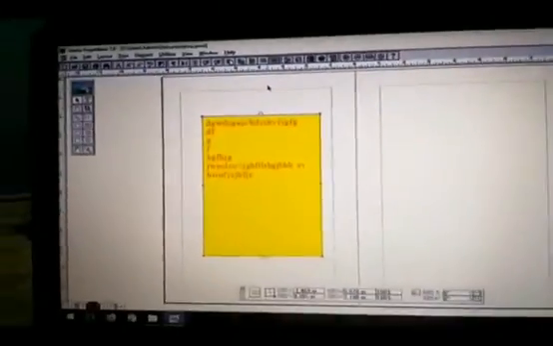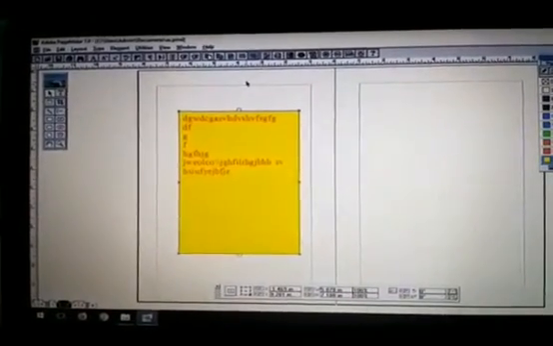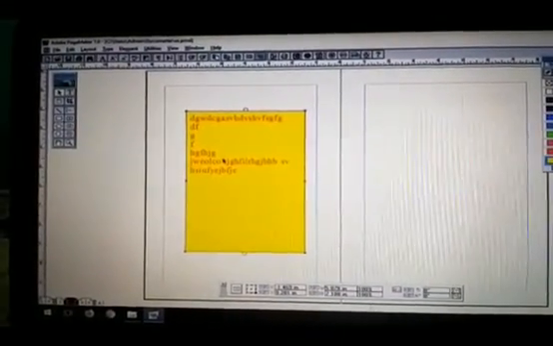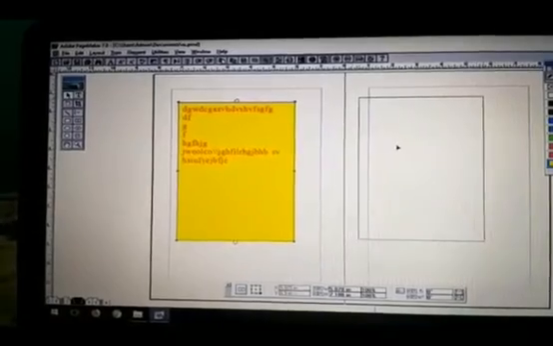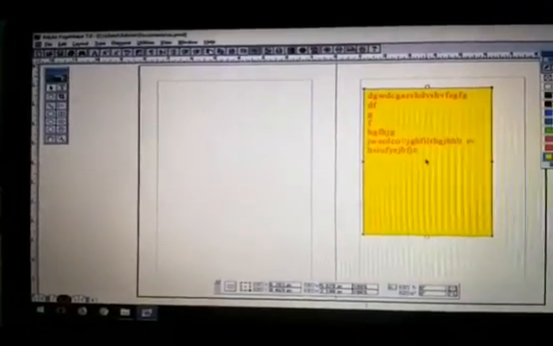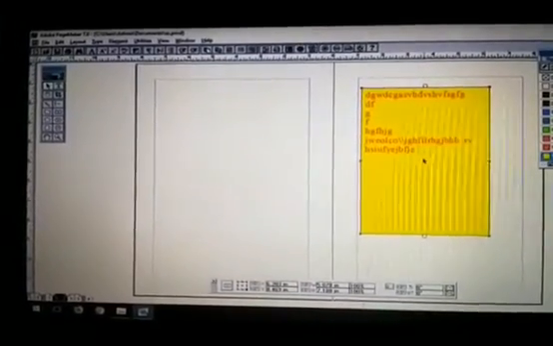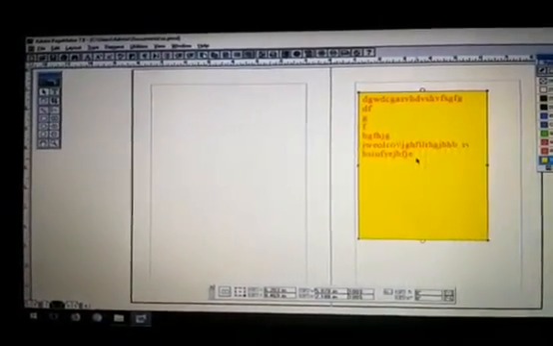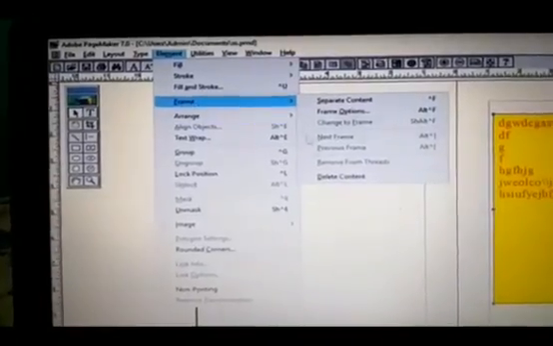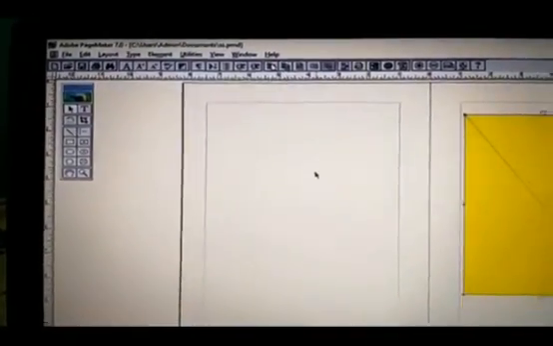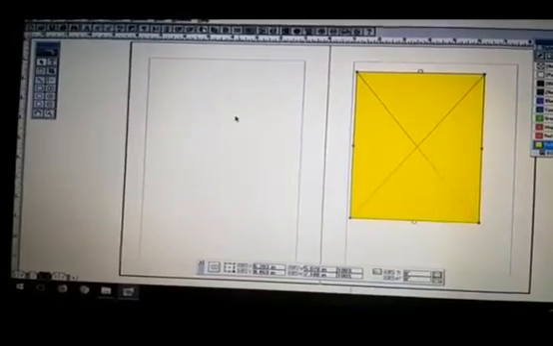And how do we separate the text from the frame? While you are moving it, you just click it and move it with the content. You can easily move it from one page to another. Now we are going to separate the text from the frame. We first select the frame, and then in the Element menu, Frame, Delete Content, so that the frame gets deleted. And after moving to